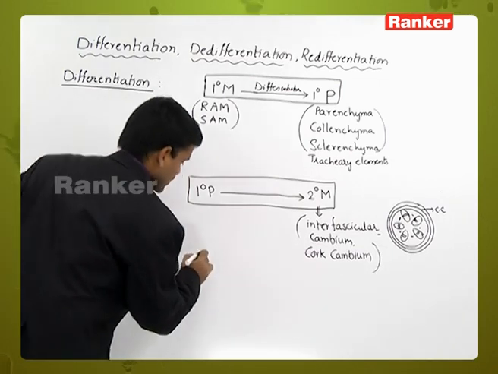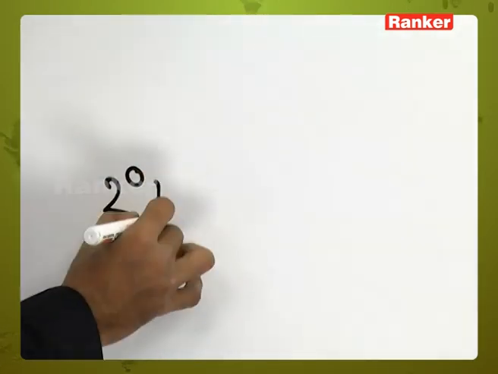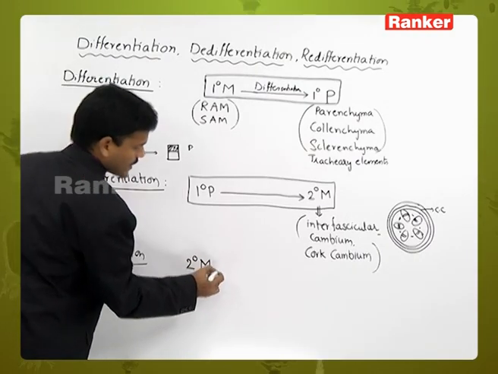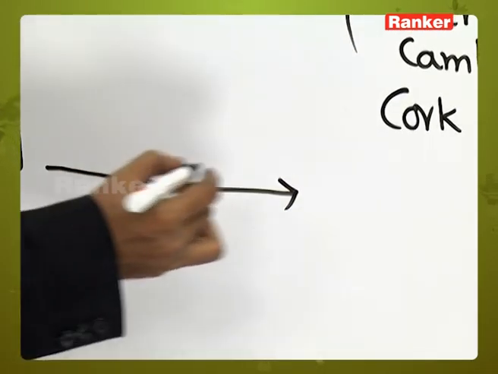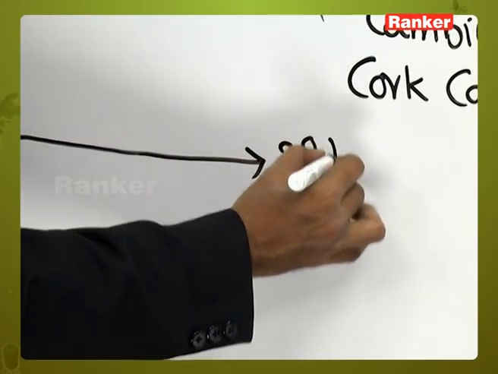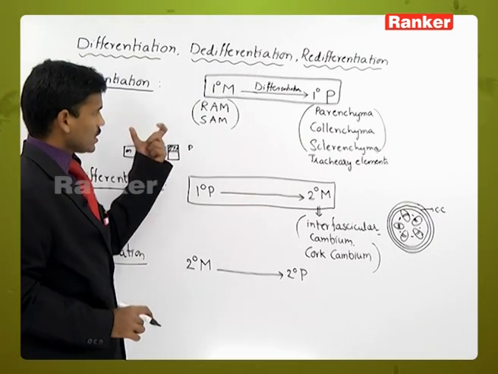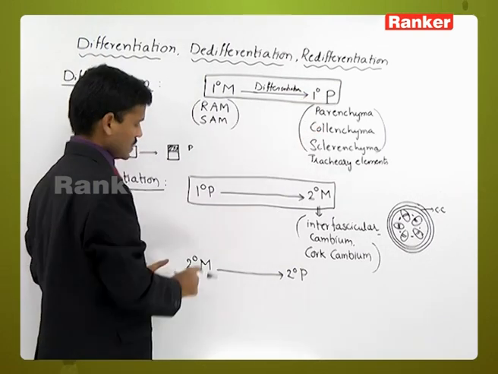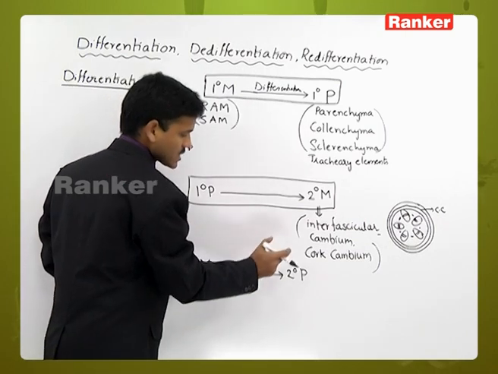The permanent tissue here comes from the meristematic tissue, the secondary meristem. Secondary meristem has the ability to divide and produce new cells. The newly produced cells become permanent, so that is called secondary permanent tissue. Meristematic tissues producing permanent cells, so these have no capacity to divide. Here also the secondary meristem is producing some daughter cells, new cells or tissues.